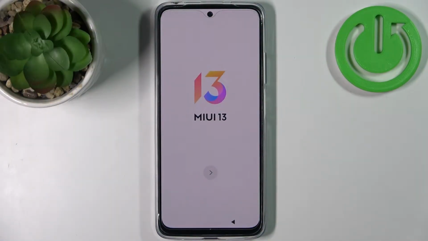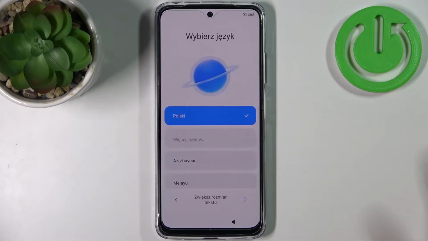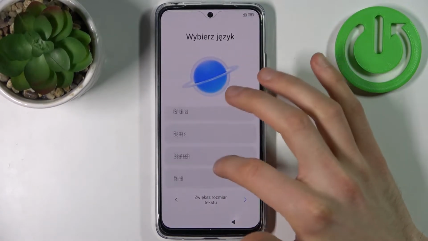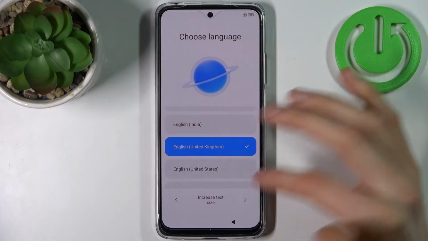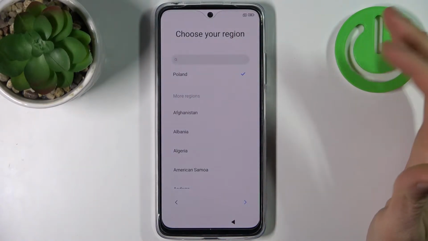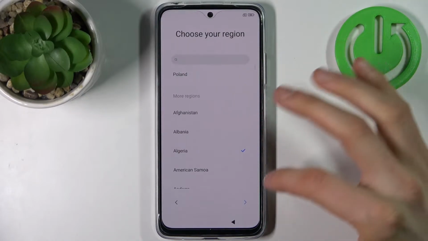Here I have Xiaomi Redmi Note 11, and today I'm going to show you how to set up this device. So firstly, tap on this arrow here, then select preferred language. Of course, we select English, tap next, then select your region, tap next,